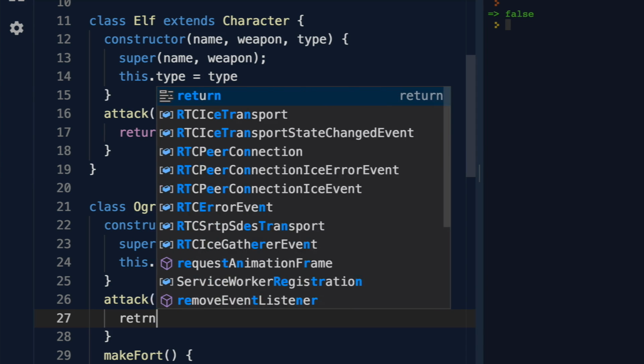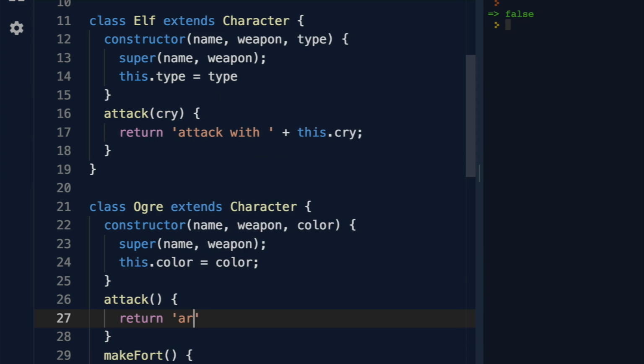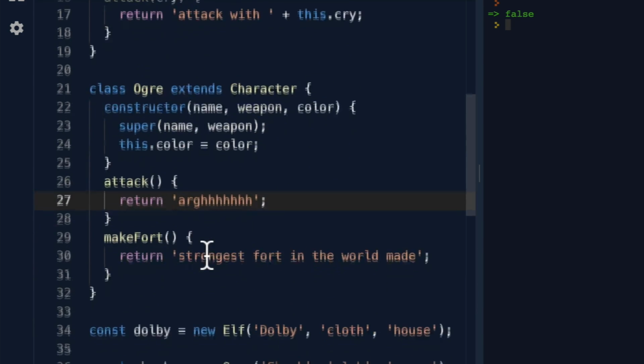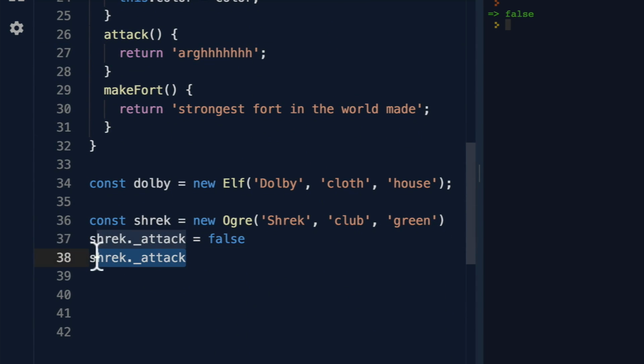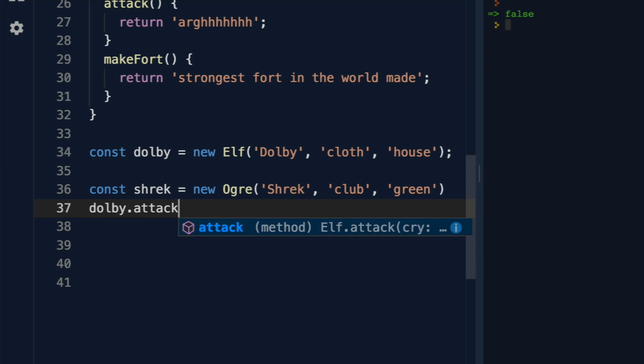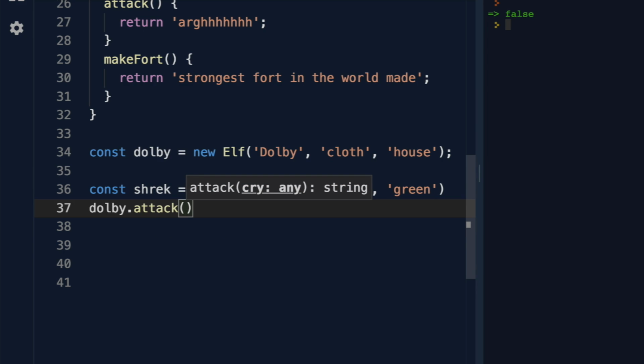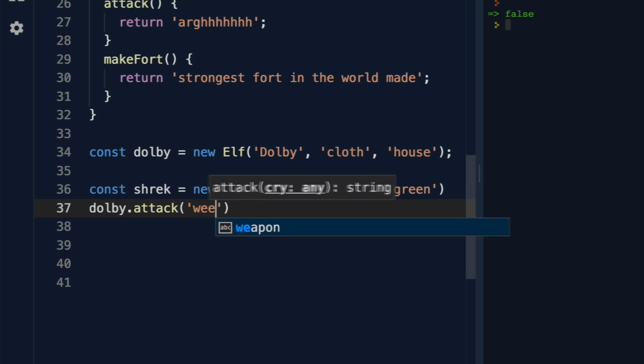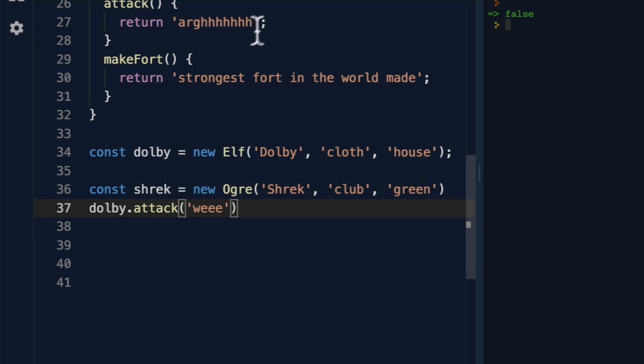Instead, it's just going to return R, like a part. If I now go down, and let's change this up, and let's do Dolby attack, and we'll give it, the cry will be wee. If I run this,